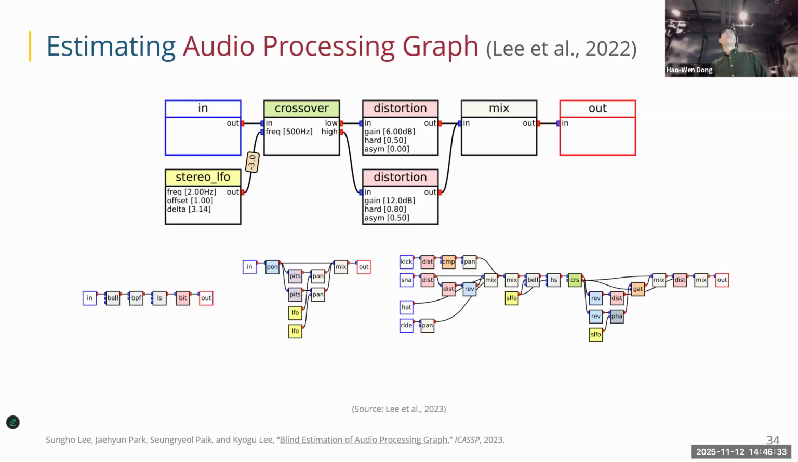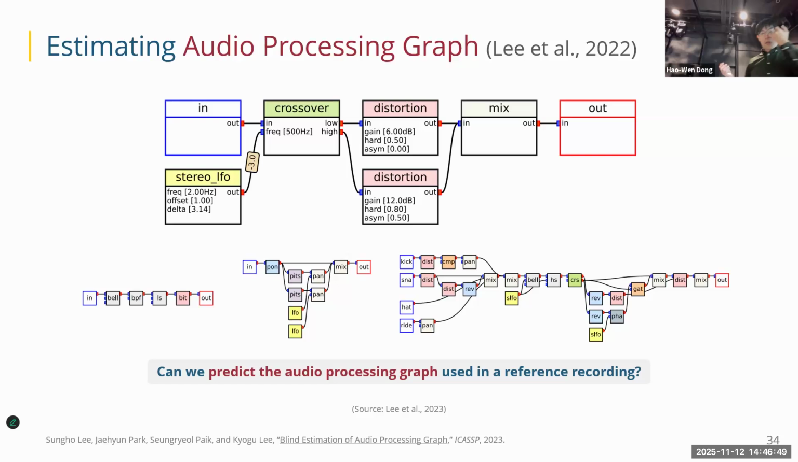Yeah. So, just think about Max MSP or things like that. Can you generate these things? This is essentially what they're trying to do here: estimating an audio processing graph. Can we generate these graphs? Basically, that's the idea. This goes beyond the traditional way of thinking about music editing or audio effects